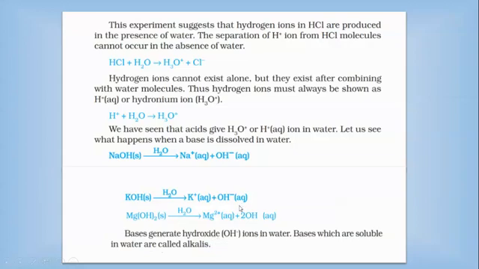So which ion is released in the case of bases? That is OH minus. In the case of acid, it is giving H plus. So this concludes that acids have H plus ions, whereas bases have OH minus ions. And the bases which are soluble in water are called alkalis.